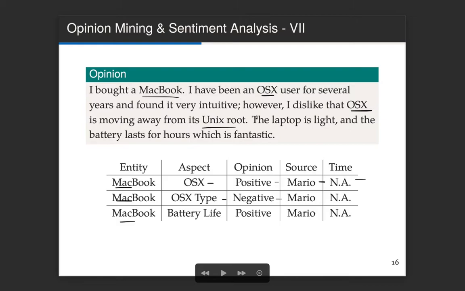And there is another aspect, which is the battery life, and it's positive.